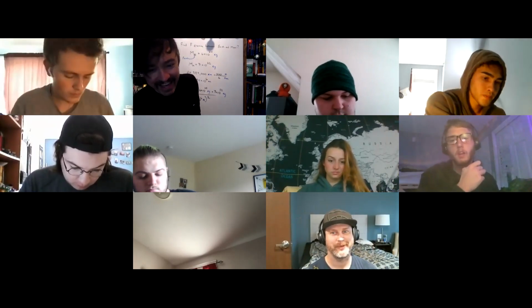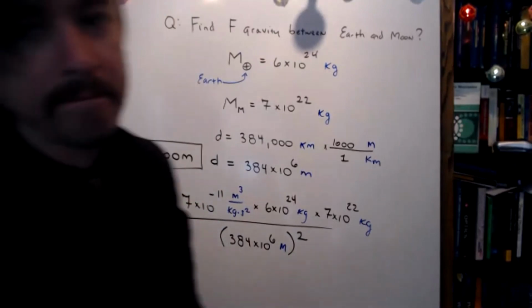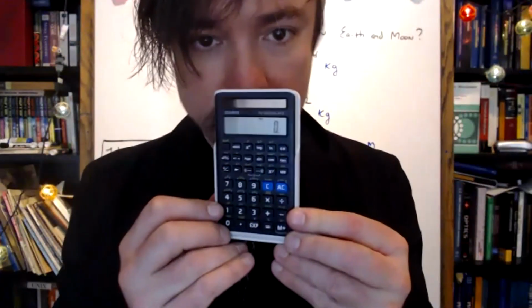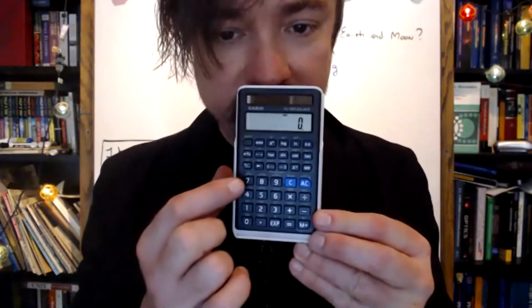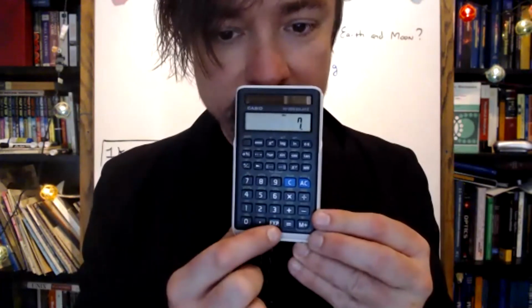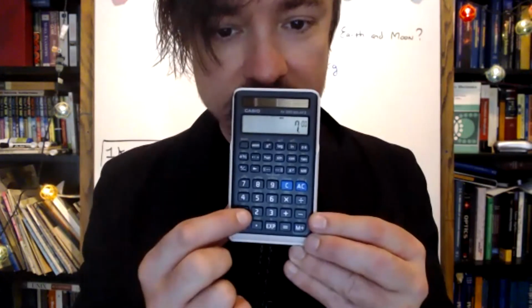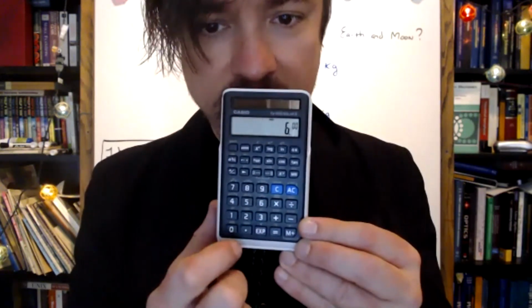We'll see. All right, guys, should we try to punch this in together here? You ready? Now follow along with me, and then I want to see everyone's number. So first we'll do big G. So let's do 7 exp negative 11 times 6 exp 24